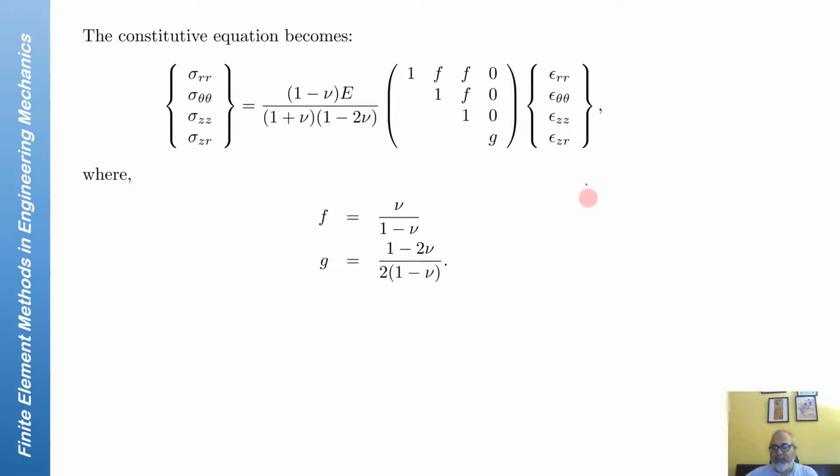We go back to the constitutive equation sigma ij equal to Cijkl epsilon kl, and then we have now only these 4 components of strain, and then we write the 4 components of stress corresponding to it, rr, theta theta, zz, and zr. These 4 components of stress from the constitutive equation, we can express in this form where f and g are functions of nu. Again, the ordering is important. If you change the ordering, this matrix will change,